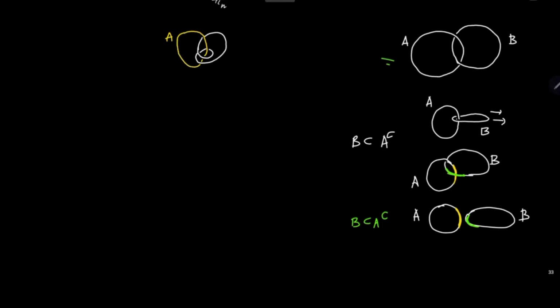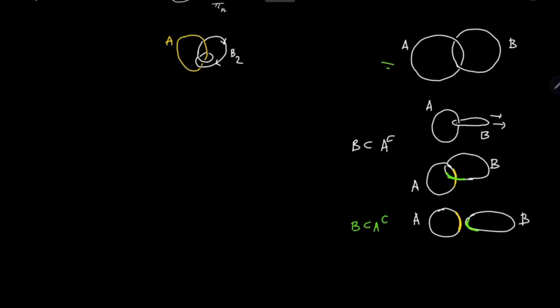Let's see. Not the best loops ever drawn in the history of humanity, but at least you can see and understand what is exactly going on. I'll not attempt to draw even more loops because that is just pointless and quite insane. So for each non-zero integer n, we could have an oriented circle Bn linking this. Let's say the loops go this way. So this is B2, let's say this was B1,